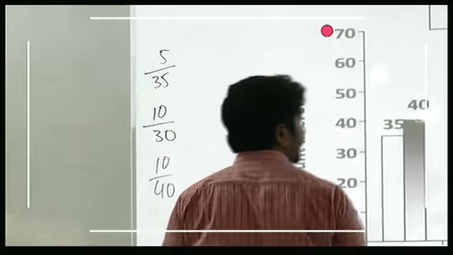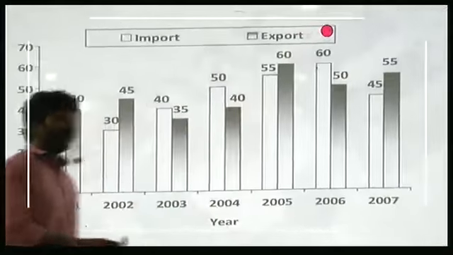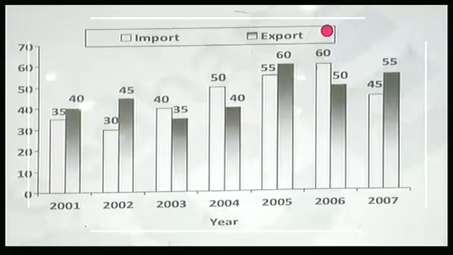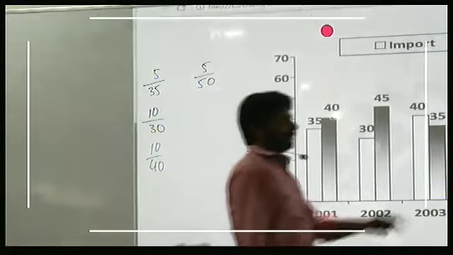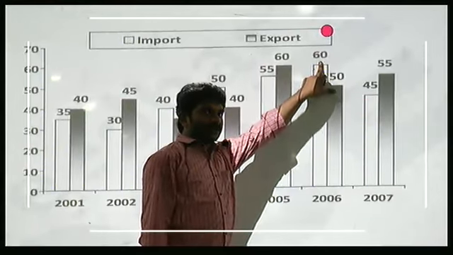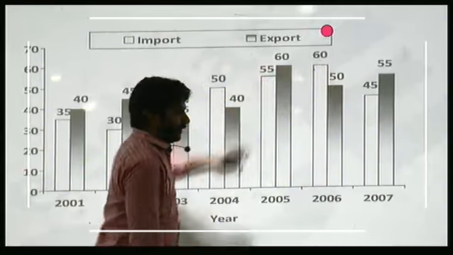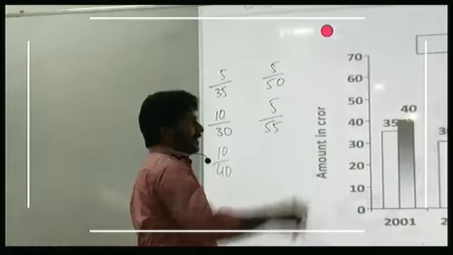Next. From 50 it increased to 55. Increased by 5. From where? From 50. And 55 increased by 5 and becomes 60. Increased by 5. From where? 55. So 5 increase from 55. Next, 60